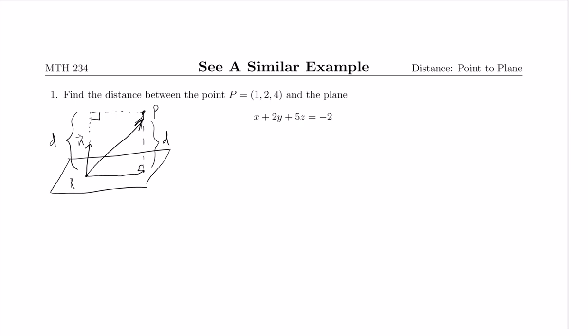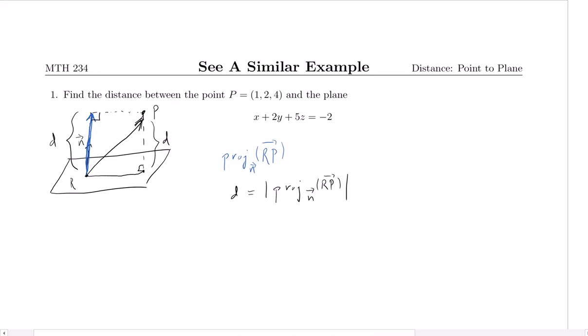Which makes it easier, because if you look at it just right, you'll see that, well, let me draw it in a different color. Maybe let's draw it in blue. This vector right here, in blue, is exactly the projection of the vector RP onto the direction of n. So, what that means is that D is just the length of the projection of RP